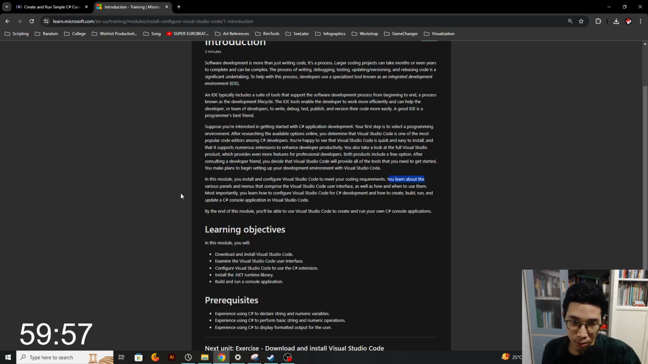Okay, you learn about the various panels and menus that comprise the Visual Studio Code user interface, UI, as well as how and when to use them. Most importantly, you learn how to configure Visual Studio Code for C# development and how to create, build, run, and update a C# console application in Visual Studio Code. By the end of the